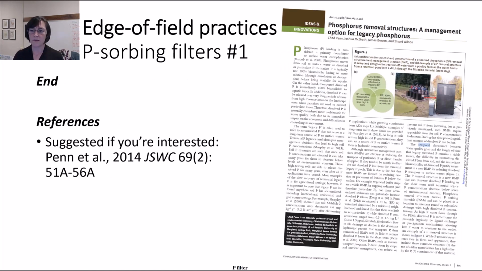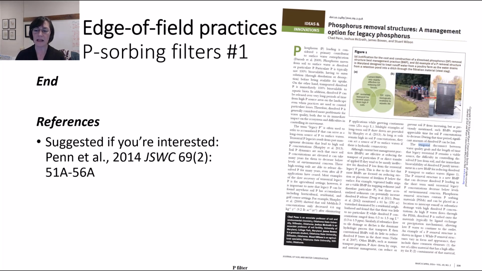Last point on phosphorus absorbing filters, they're typically designed based on a performance criteria of how much phosphorus you want to remove. So these are a very engineered design practice. And so that's the answer for how well do phosphorus absorbing filters work. They work based on whatever you design. They work to meet a criteria, whatever you design them to. If you want a phosphorus filter that removes 100% of the phosphorus coming from a certain water source, you might need a really, really, really big filter to do that. So we typically don't design for 100% P removal, but this is an engineered practice allowing that flexibility.